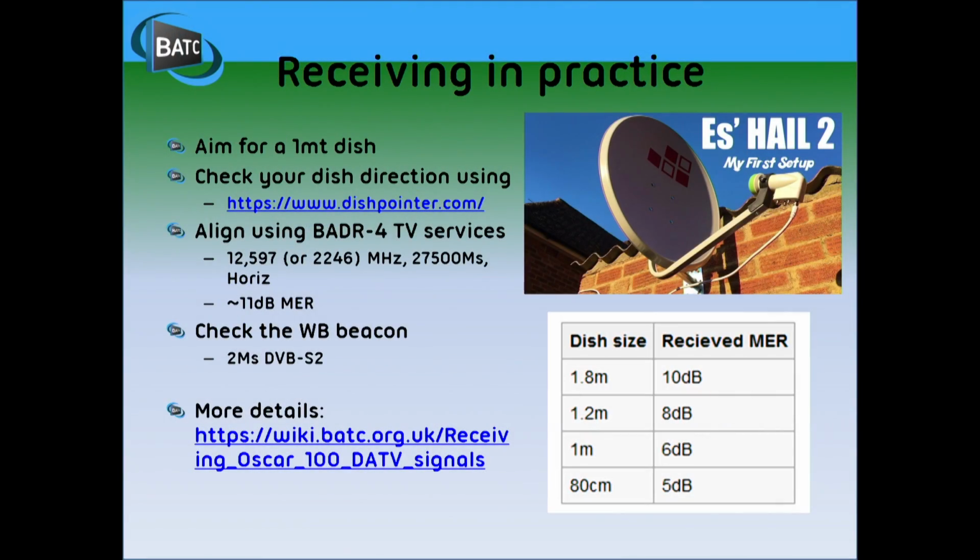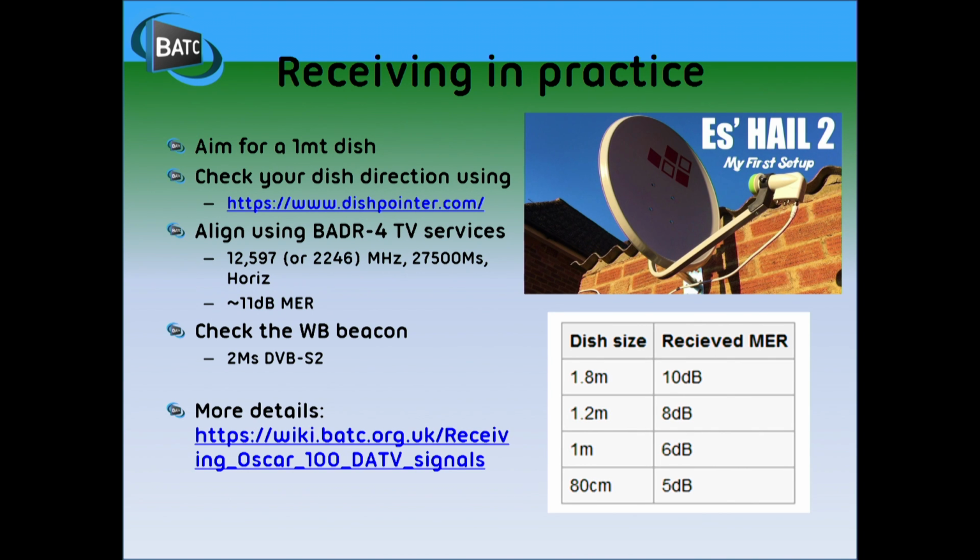So how do you receive it? It's slightly more difficult to receive and transmit TV than it is the narrowband. When you're receiving, we would suggest aim for a 1 metre dish. And David didn't mention the fun of aligning the dish. We've been putting the message out. There was an article in RadCom back in November about how to align your dish, because it's very convenient that